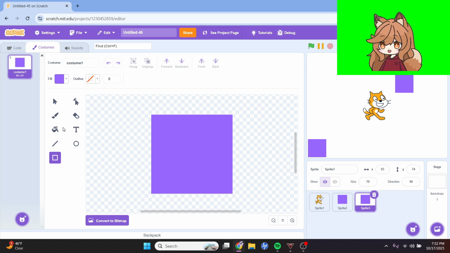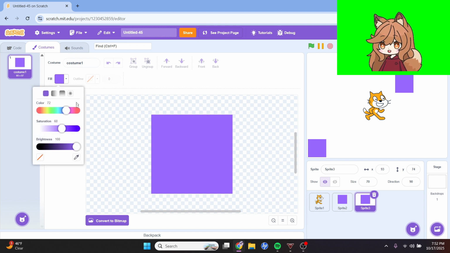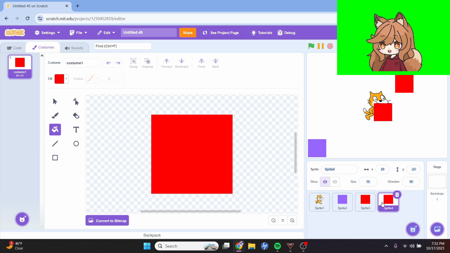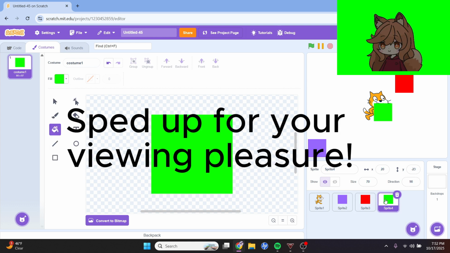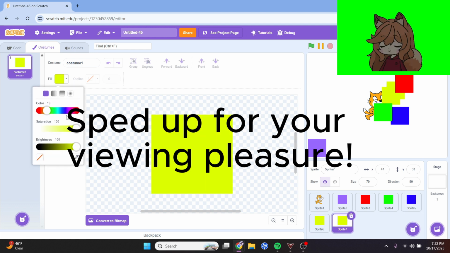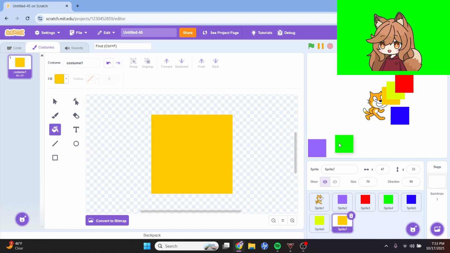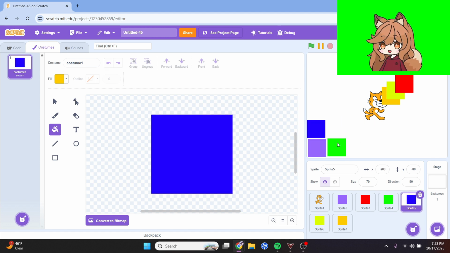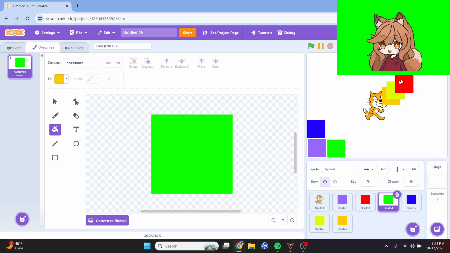Duplicate this. And now you repeat by duplicating the sprite and coloring it in whatever colors you want. So I want red, and then I want green, and then blue, and then yellow, and then orange. Now these are just the simple primary and secondary colors. So you can really add any other colors you want, but this is just a simple palette for the game